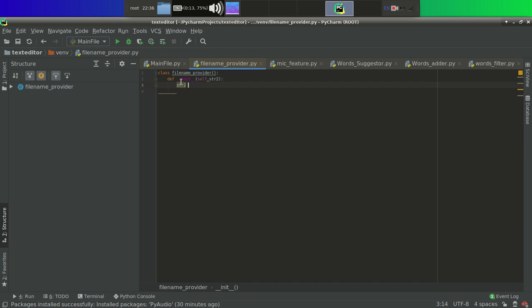I want to reverse this string. Let me tell you my algorithm and why I want to reverse. Suppose that this is my path and this is